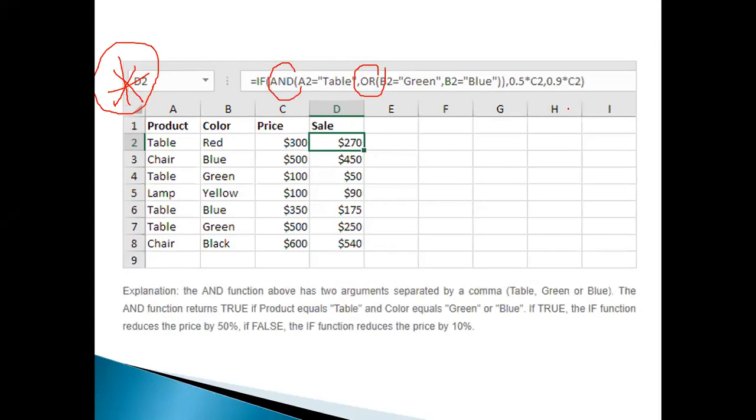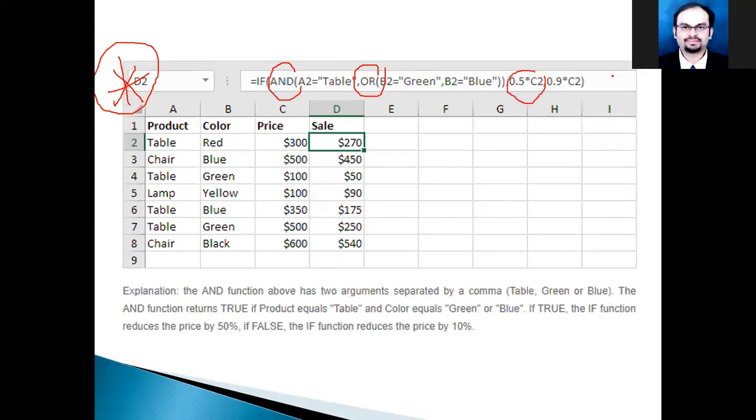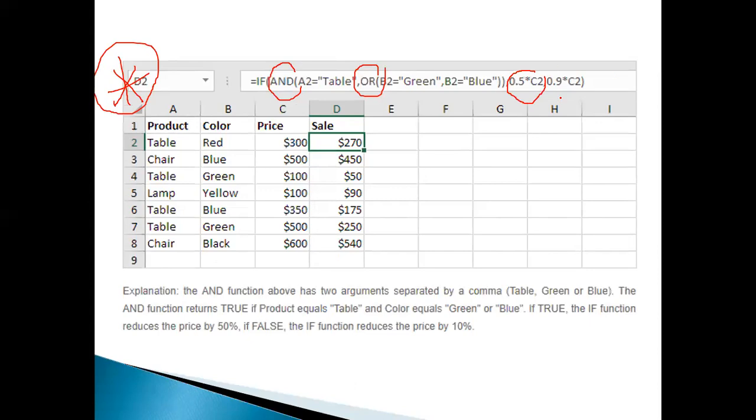But you can even give a formula. This was the formula here. So even you can give the formula. Right. So that's how.